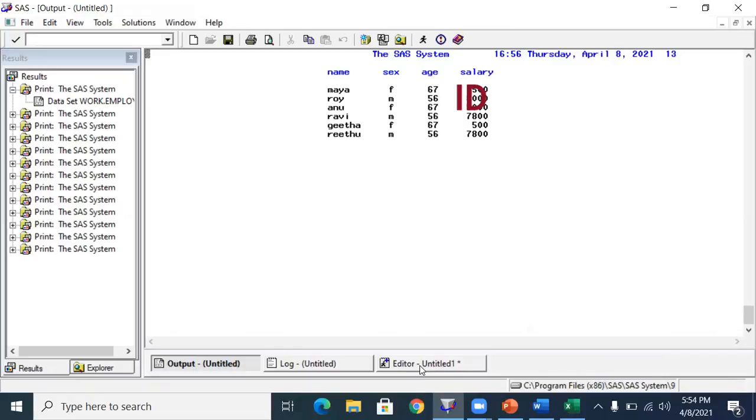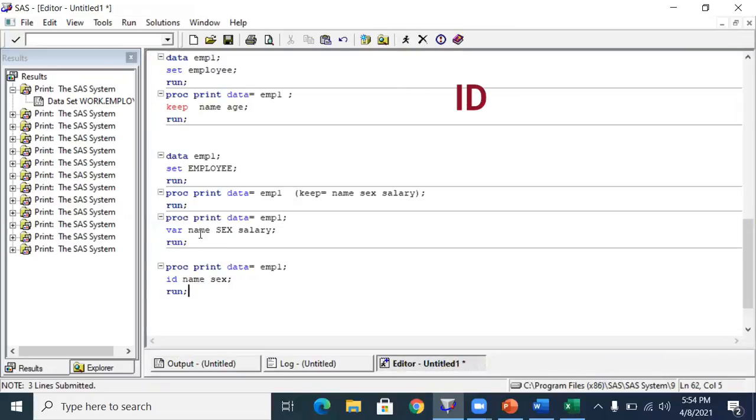So the where statement will select the variables which we want to process and also decides the order. Whatever variables you have given in the where statement, only those variables will be there in the output. The rest of the variables will not pop up. But in the ID statement, whatever variables you give here, the rest of the variables will follow the same order. Hope it is clear. Is it clear? Okay, good.